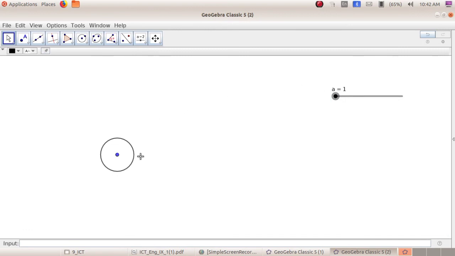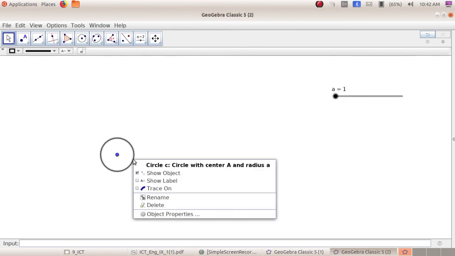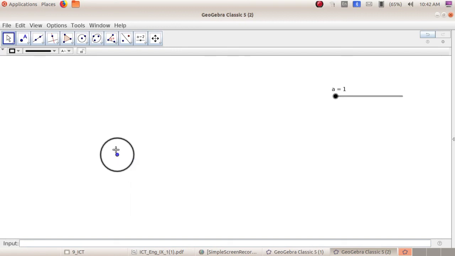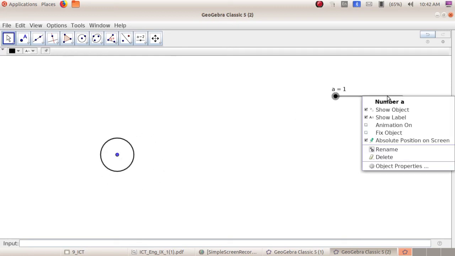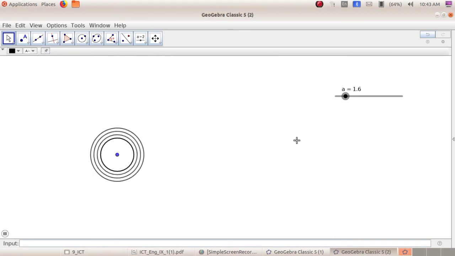Next close the window. Next right click on the circle and put a tick mark on the trace on option. This is the trace on option. So first of all click on the slider, then object properties. Next right click on the circle, trace on option. Next right click on the slider, put a tick mark on the animation on option.